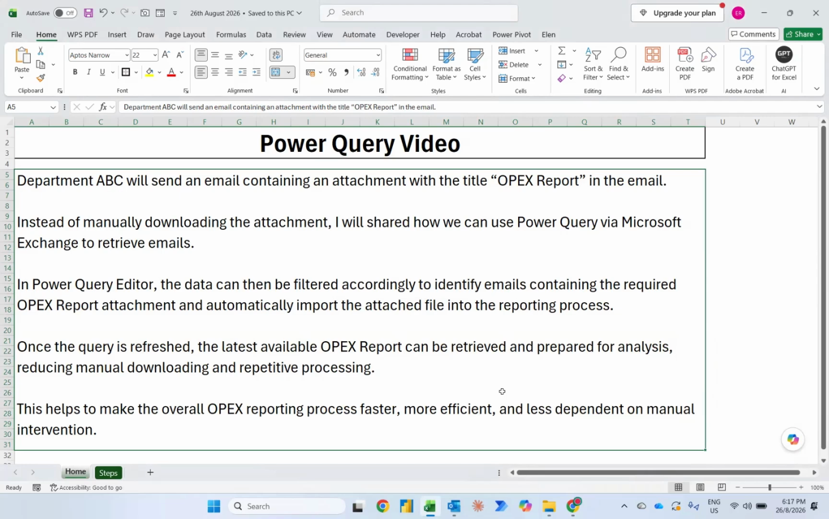So in this video, I will educate on Power Query. Basically the task is that a department will always send an email containing an attachment with the title OPEX report in the email. So normally, instead of manually downloading the attachment, in this video I'll share how we can use Power Query via Microsoft Exchange to get that email and eventually load it immediately to Excel